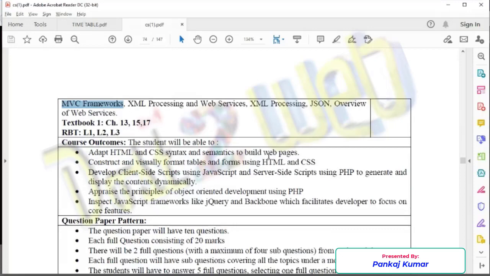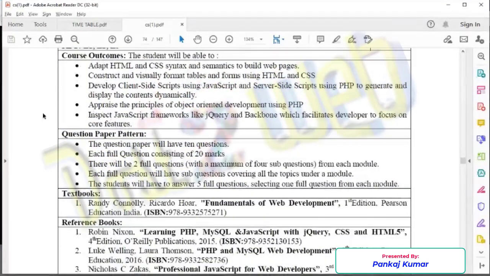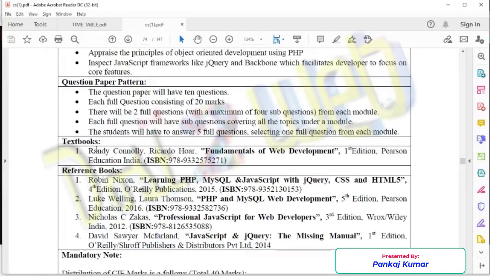in your PHP application. And the question pattern is the same: there will be 10 questions and each question contains 20 marks, same as earlier. The textbook you can refer to is Randy Connolly, Fundamentals of Web Development, first edition.